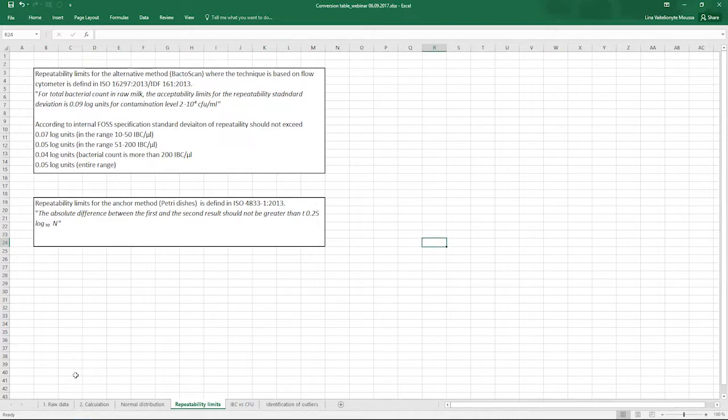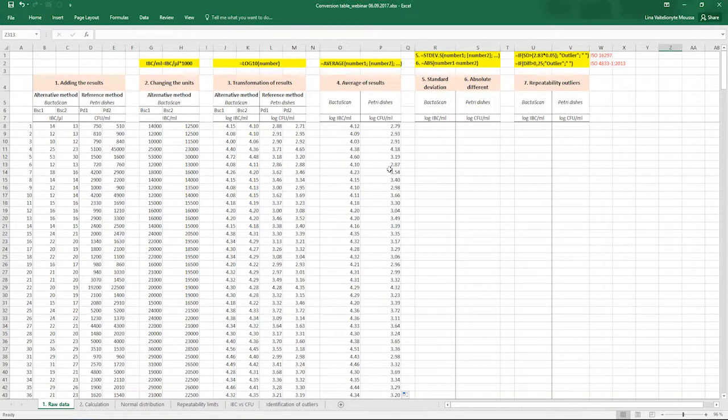So let's go back to raw data and calculate standard deviation for BactoScan results and absolute difference for Petri dishes results. And again, you can see the formula highlighted on the top. So let's start with standard deviation. We are choosing standard deviation per sample,